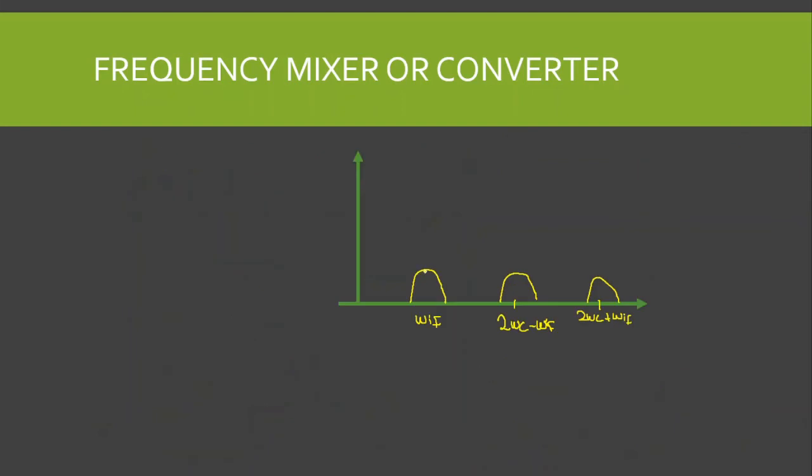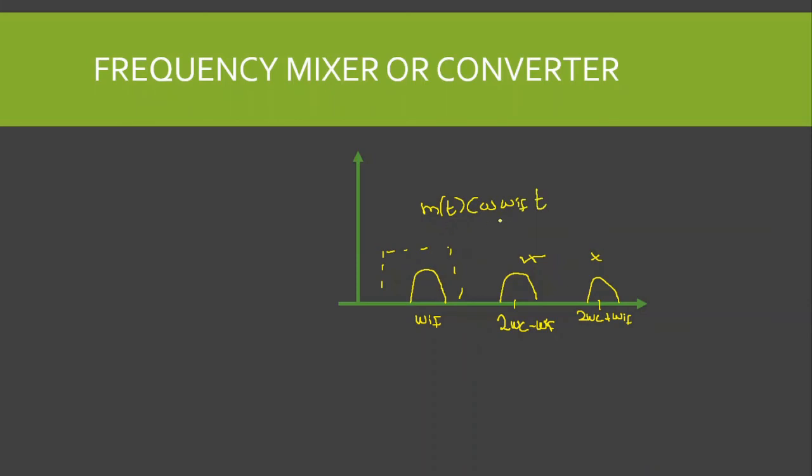Now we are going to plot this. So I have plotted over here. We are going to have a term at omega if, and then we are going to have a term at 2 omega c minus omega if and 2 omega c plus omega if. Now when I pass this signal to a band pass filter, the band pass filter is only going to allow this term, and it is going to suppress these two terms. So these two terms are going to be suppressed, and as a result I am going to have only the term at omega if, which is my m of t cosine omega if t.